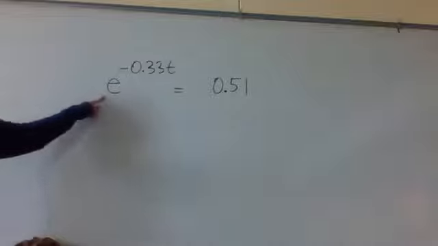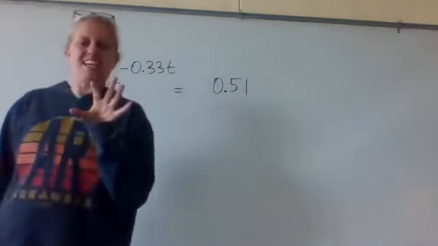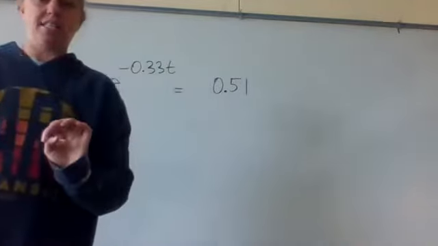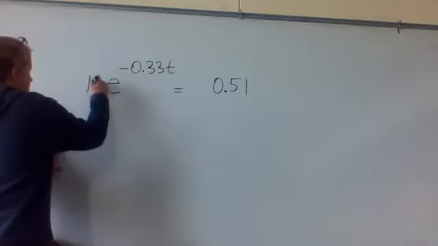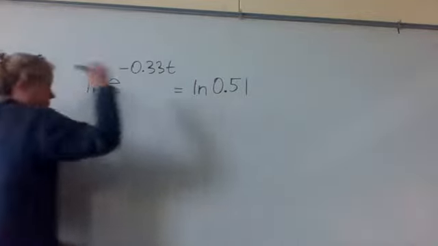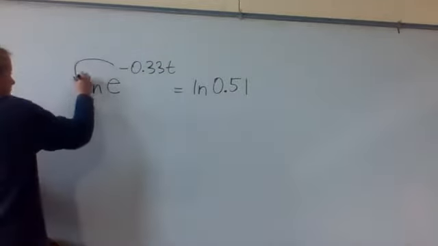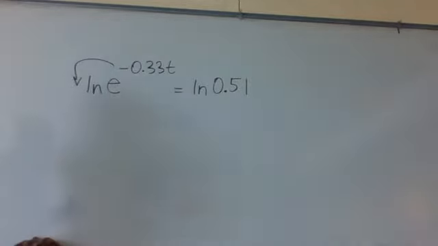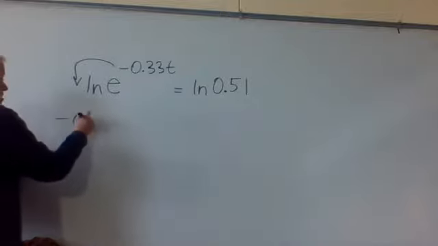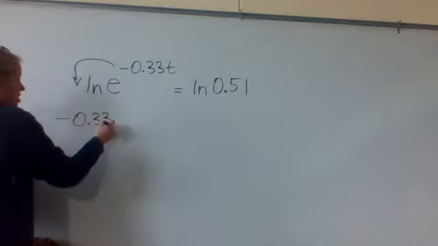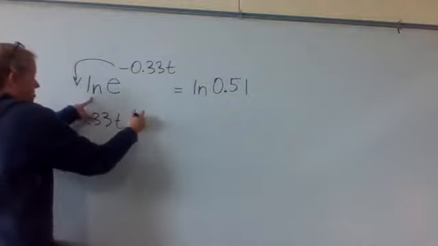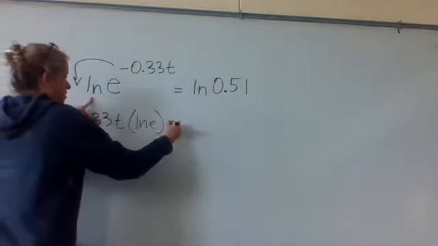But remember, instead of logging both sides, when you're dealing with an e, ln both sides. After I ln both sides, that's what tells me I can bring down the exponent now. So negative 0.33t times ln e